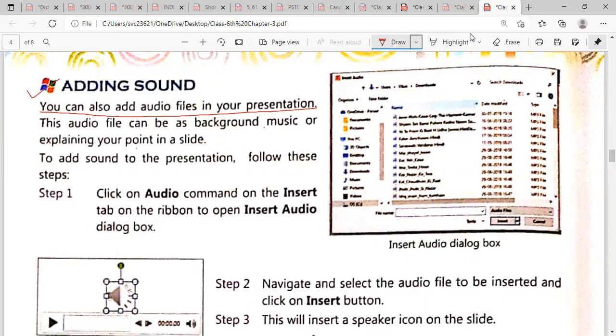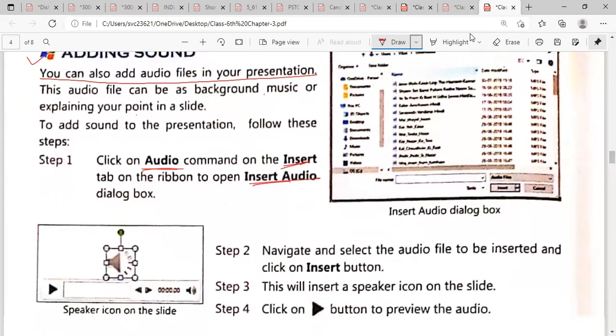Now what you have to do to add the sound? First, click on the Audio command on the Insert tab on the ribbon to open the Insert Audio. Go to Insert, under the Insert tab, and then click on the Audio command. Okay, and the next step is